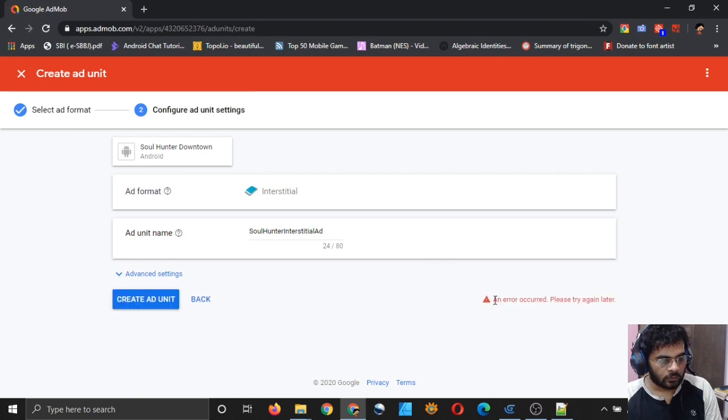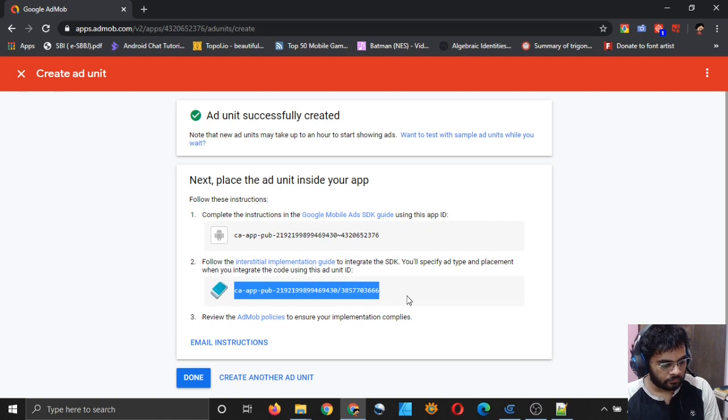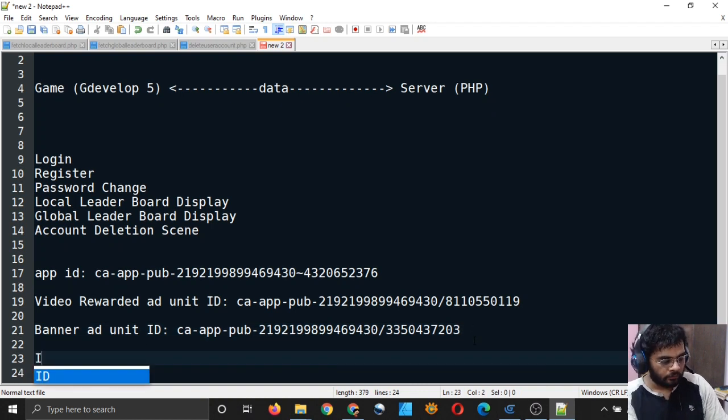So I have created my interstitial ad. Let me copy the code. I will simply copy it and paste it in my notepad temporarily. Interstitial ad unit ID.